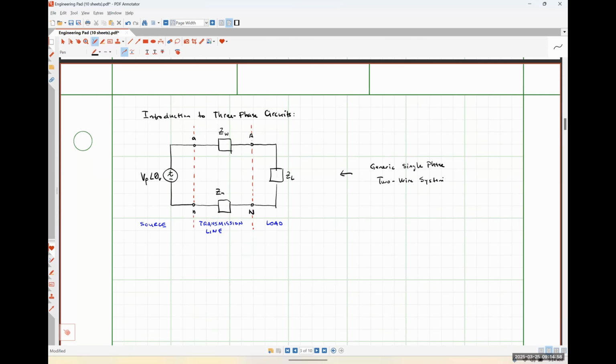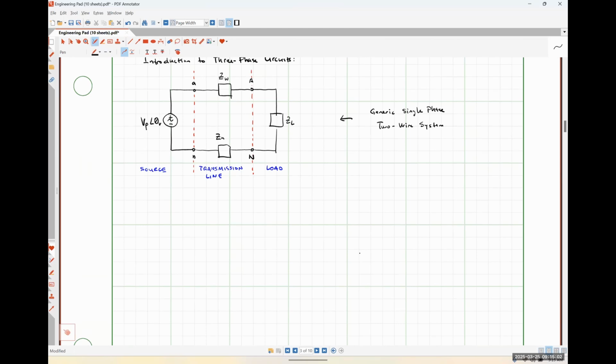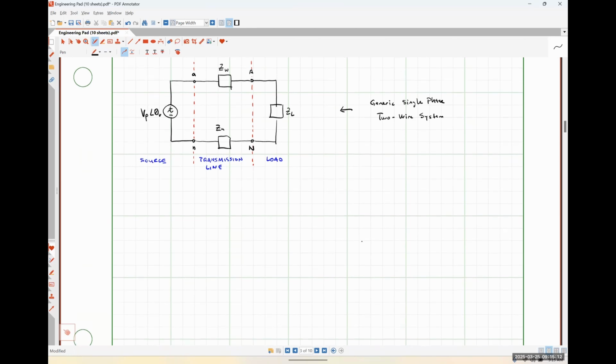So I want to now draw a 3-phase system. Okay. And so this is going to be a little bit more complicated looking. Actually, it's going to be significantly more complicated looking, but it's going to have the same basic parts. Okay. So here I'm going to draw a voltage source between my A terminal